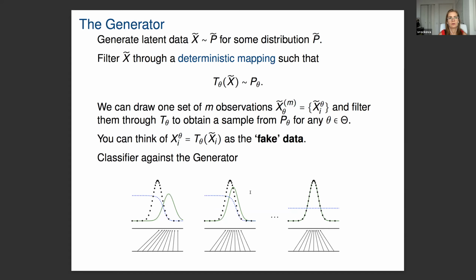using the following idea. There are latent variables, x tilde, which we pass through a deterministic mapping which depends on our parameter of interest. That filtering through the mapping will produce samples from the distribution indexed by theta. This cartoon, taken from the GAN paper, nicely illustrates the generating process, where we have the latent variables x tilde. Here we have the deterministic mapping, which can transport the observations to certain areas depending on the value of theta. If the value of theta is close to the truth, denoted by the green line here,